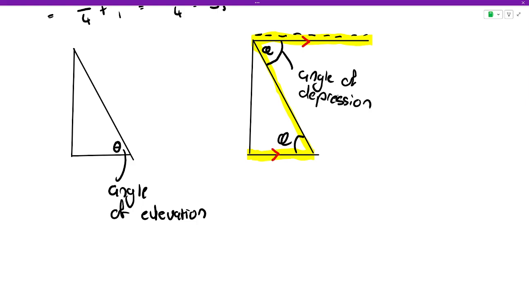Right. Now, does everyone understand this concept? Because I know Mr. Dula didn't teach this one specifically. Right, then